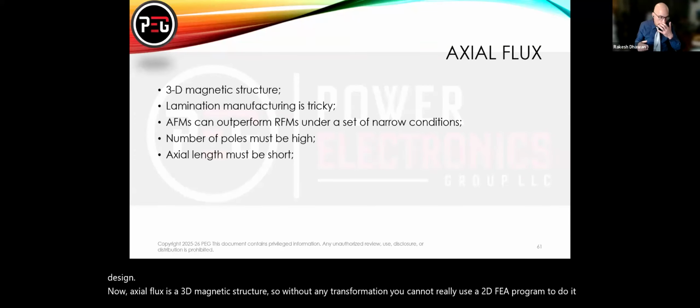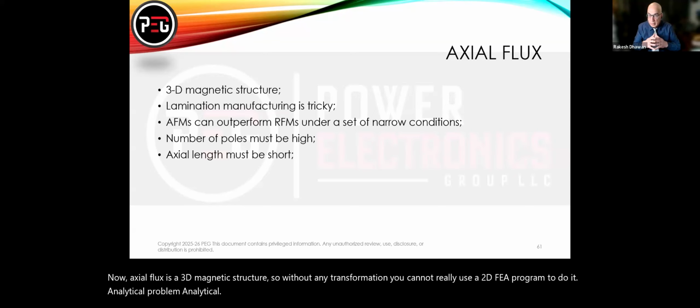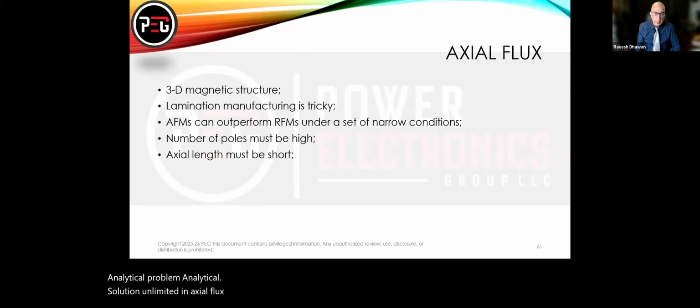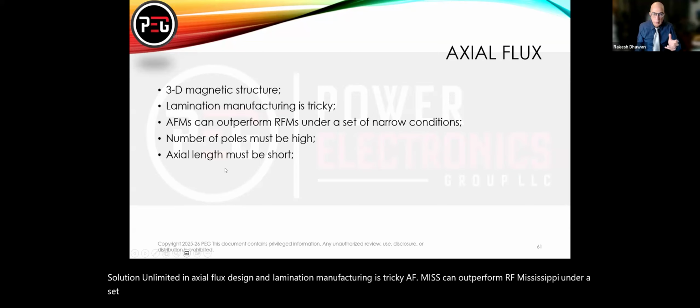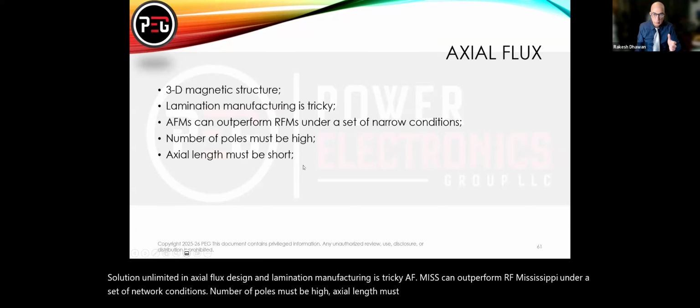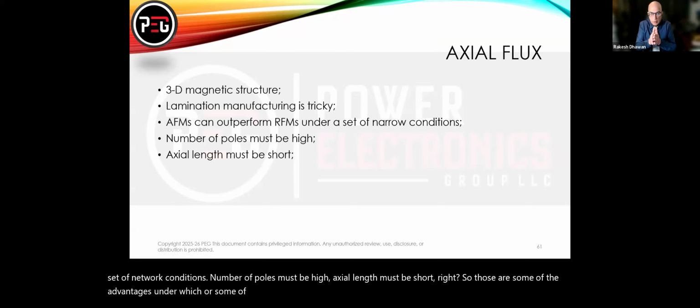Analytical solutions are limited in axial flux design, and lamination manufacturing is tricky. AFMs can outperform RFMs under a set of narrow conditions. Number of poles must be high, axial length must be short, right? So those are some of the parameters under which axial flux motors can